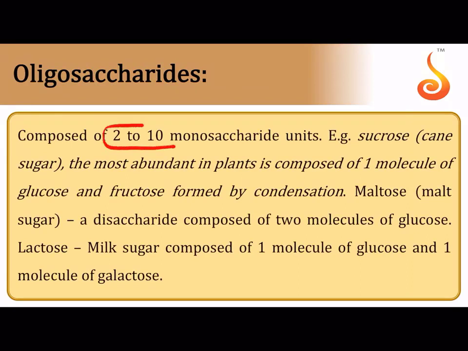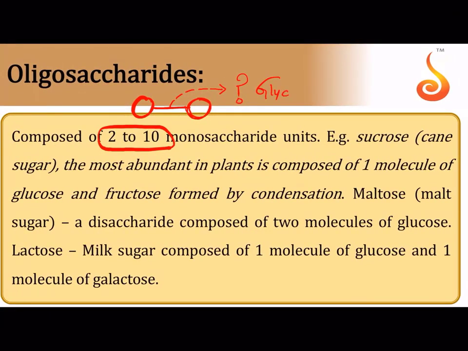Oligosaccharides, like I told you, usually have 2 to 9 monosaccharide units, correct? The best example for oligosaccharides, we are going to focus on disaccharides, those which have 2 sugar units, 2 monomer units which are connected together by a bond. Do you remember what this bond which connects the carbohydrate units together is? It is referred to as a glycosidic bond. So please remember these glycosidic bonds which connect the 2 sugar units together.